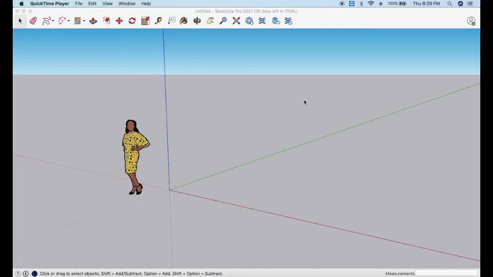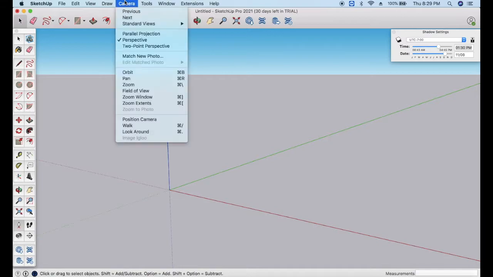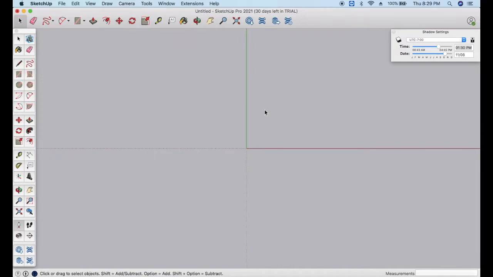We're going to learn the 2D design in SketchUp. It is more or less similar to that of an AutoCAD. So we'll use the same tool set and the tool commands which we have used in 3D in the previous class, and today we are going to do the same design in 2D. Okay, so let us remove this lady first. Now to go to 2D, you need to click on the camera, go to standard views, and from here go to the top view. Top view will change your isometric view or the 3D view to quadrant view or 2D view, right?